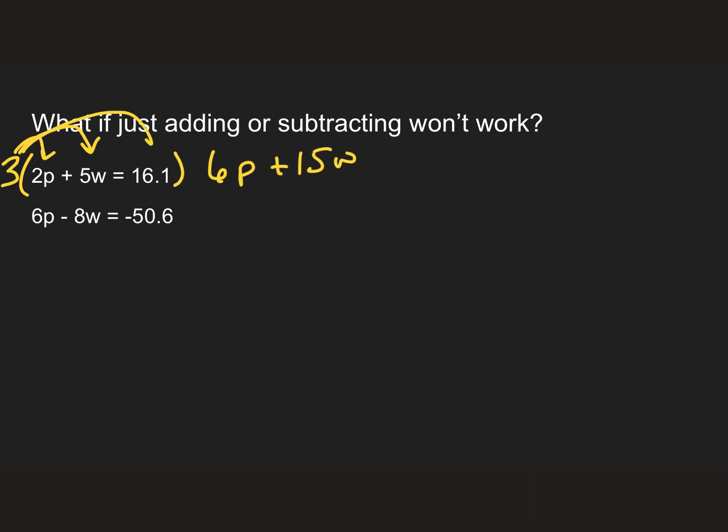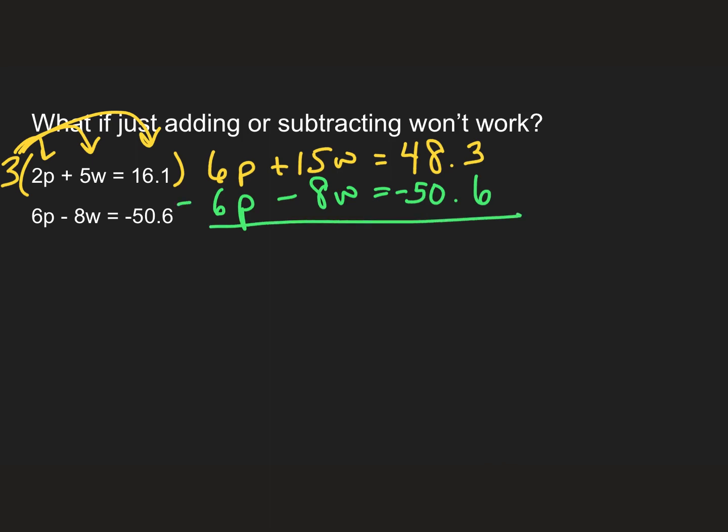And 3 times 16.1 is 48.3. Then I'm going to bring over my other equation, which was 6p minus 8w equals negative 50.6. And now I'm going to subtract the two equations. So that will go away. Remember that the negative turns this to a plus and this to a plus. So I end up with